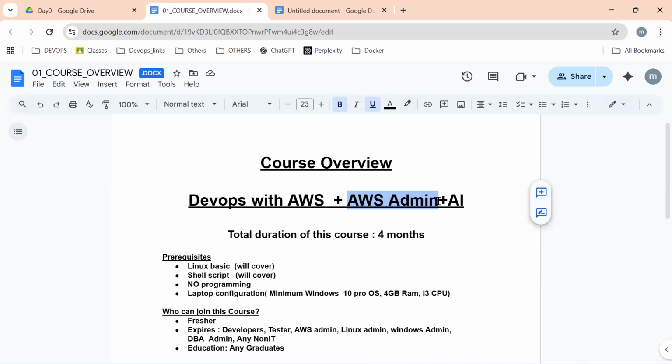Likewise, module-wise, we discuss conceptually every day, but once in 2 weeks we complete one module. At the end of the module, we'll do one real-time use case, like a project, or a task, or a model. This is the approach we are following. In AWS we're discussing 4 modules in total. DevOps also, we're discussing 4 modules, likewise.